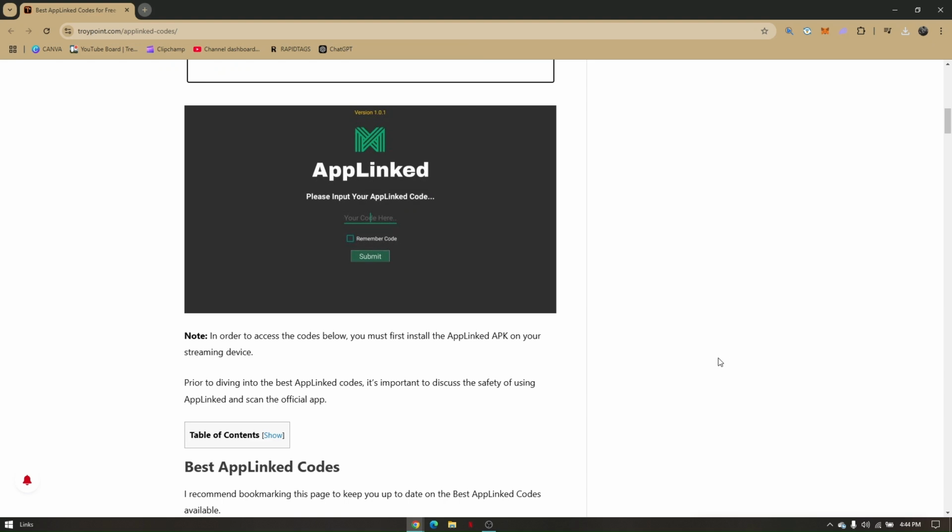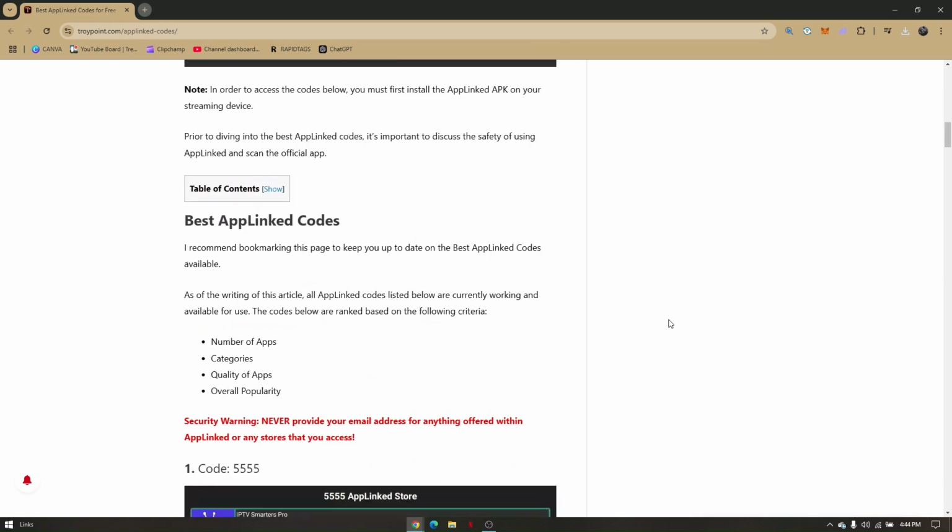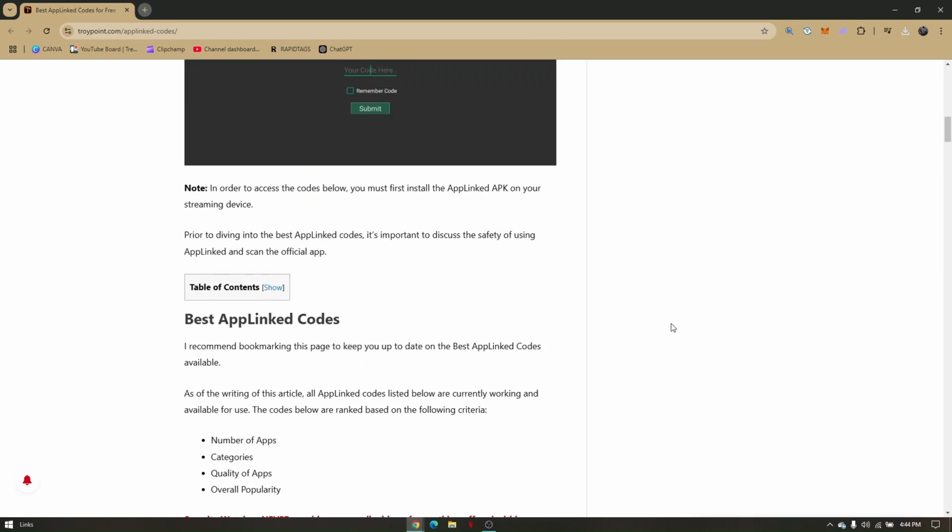Best AppLinked codes that you can use. The first things first is, of course, you'll need to have a code for you to be able to input it on the AppLinked application. Now from here, for you to be able to get here and take note of these codes,